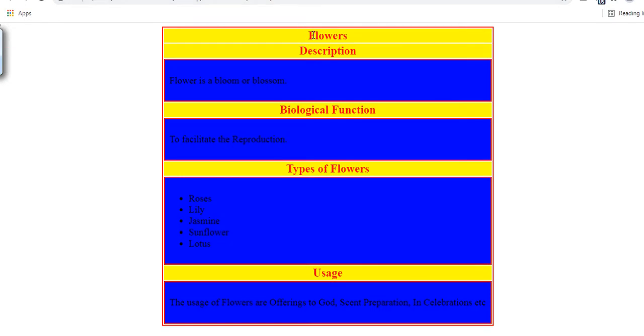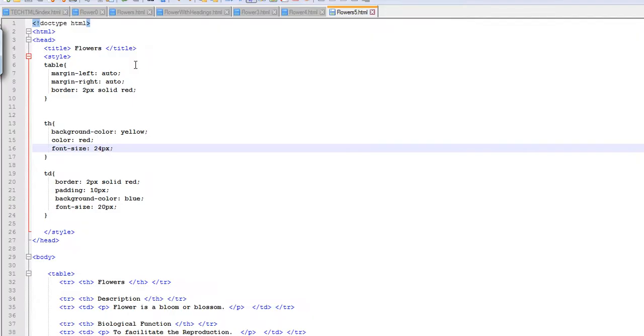She has the first row, and these are said to be columns. In the first row she gives the first heading as flowers, the main heading, and in the next row she gives the subheading as description, and in the next row she gives the content. Similarly she proceeds and comes up with this code finally.